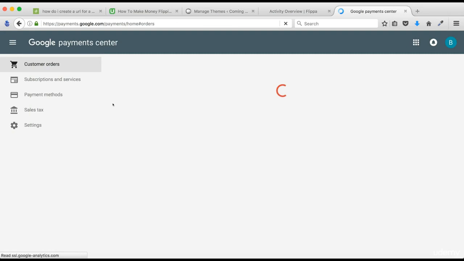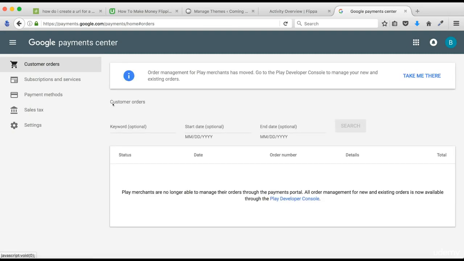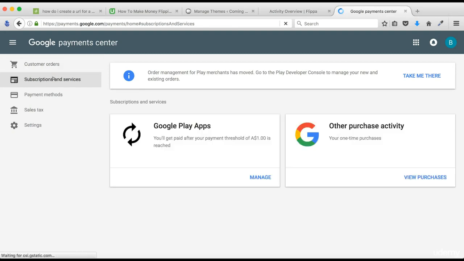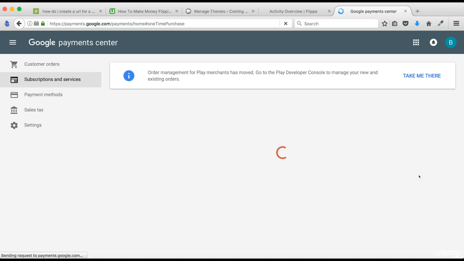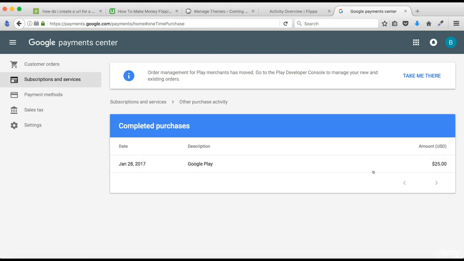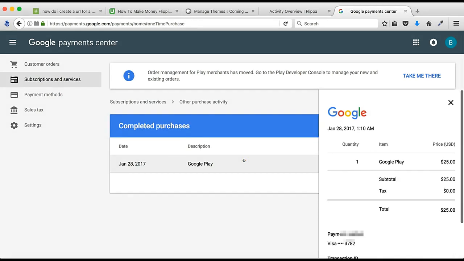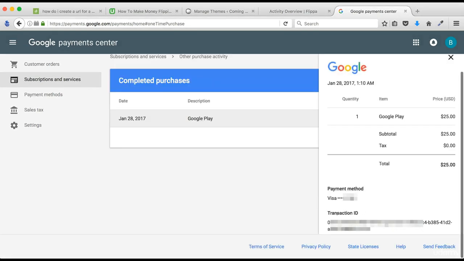So my account is already set up, so it has taken me to my account. So click on subscription and services. Once you click on that, you should see other purchase activity. Click on view purchases, and if you click on Google Play, that's what I bought so far. You should see transaction ID at the bottom of the screen. So this is what you need to provide to the seller as well, so that he can transfer the app